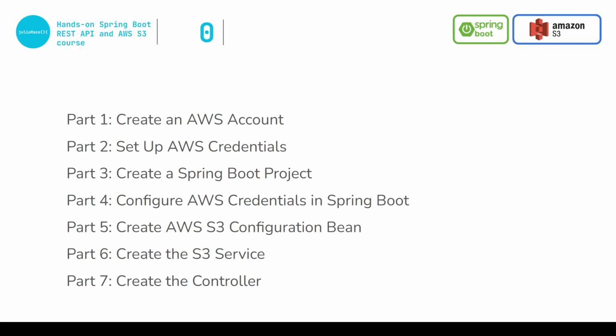Number 4, configure AWS credentials in Spring Boot. It's important to set or access secret credentials once you are working with your project. Part 5, create AWS S3 configuration bean. We'll create a config class with the bean for the S3 service. And finally, the last parts are Number 6, create the S3 service, and number 7, create the controller for exposing